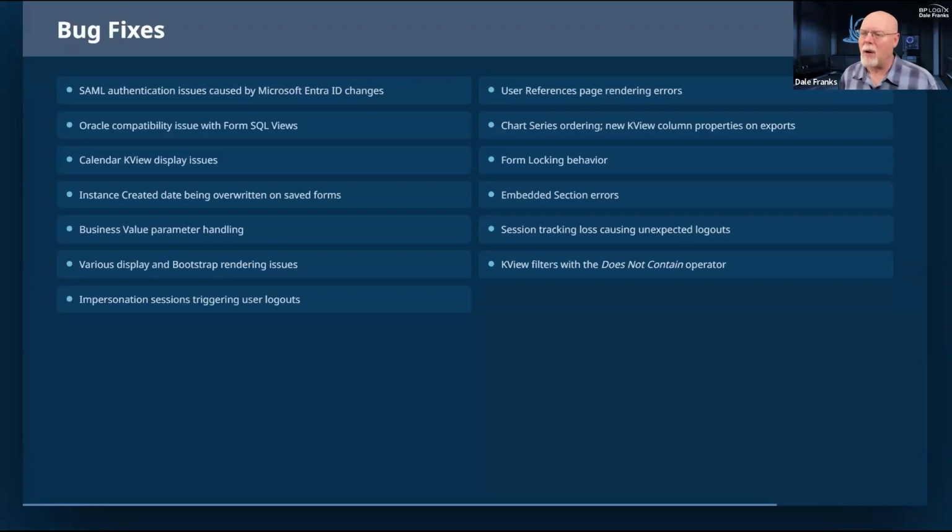There is a question, so I should stop. What build will these fixes be in, and is there an ETA? These fixes is not specific enough for me to know what you're talking about.